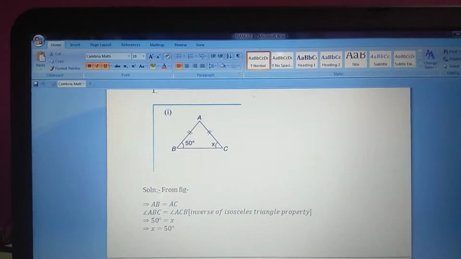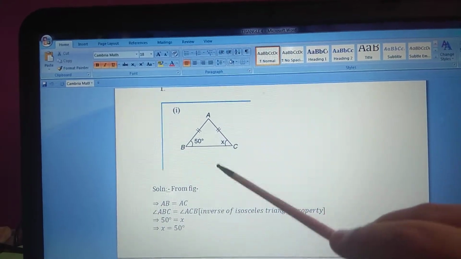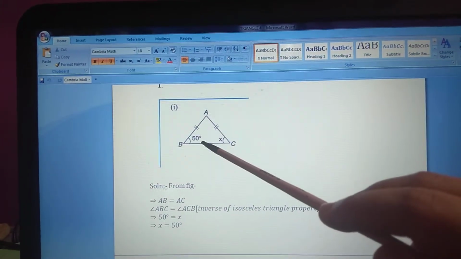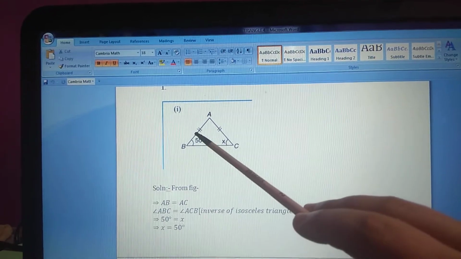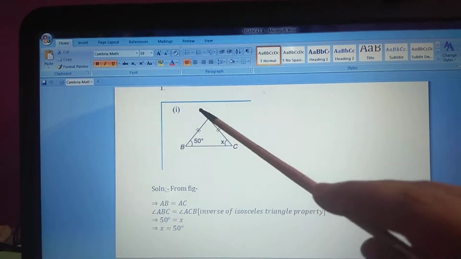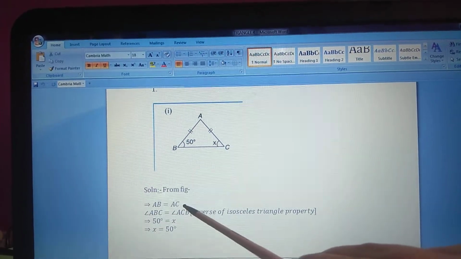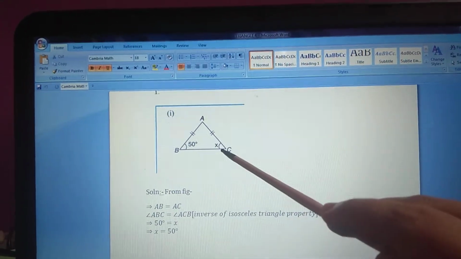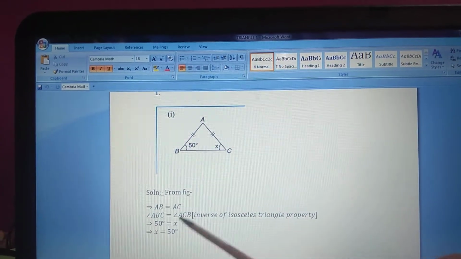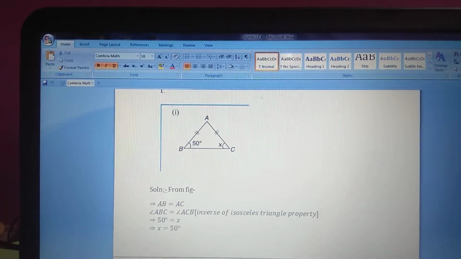In the figure, you can see ABC is a triangle where AB and AC are equal. Question may come in your mind, how one can say that AB and AC are equal. See, same symbol is there. With that, we can recognize that AB is equal to AC. So from figure, AB is equal to AC. So angle ABC and angle ACB are equal. ABC is 50 degrees, ACB is X. So X value is 50 degrees. Okay. Now, another example.